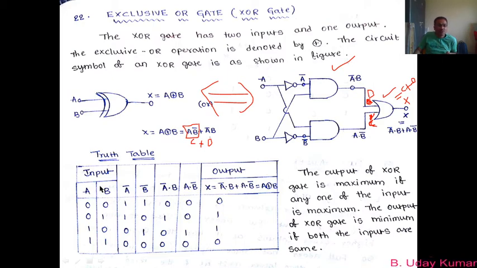So now the inputs are A, B, and to find the output in between I have taken 4 columns, and these columns have the values of A bar, B bar, A bar dot B, and A dot B bar. Okay, that's it. So these 4 columns will help us to clearly understand the output of this XOR gate when the values of A, B are different in terms of zeros and ones. Okay, now let us first try to find the A bar.